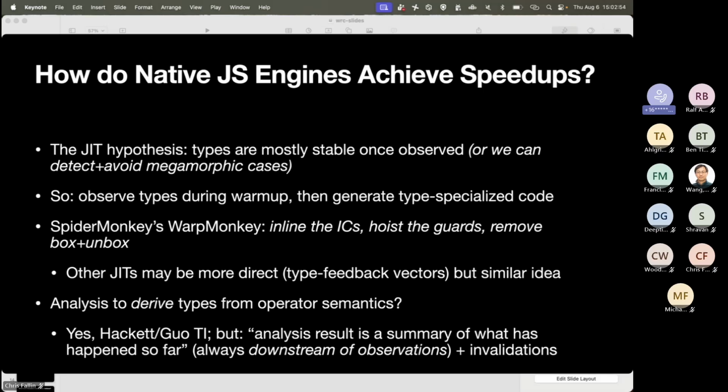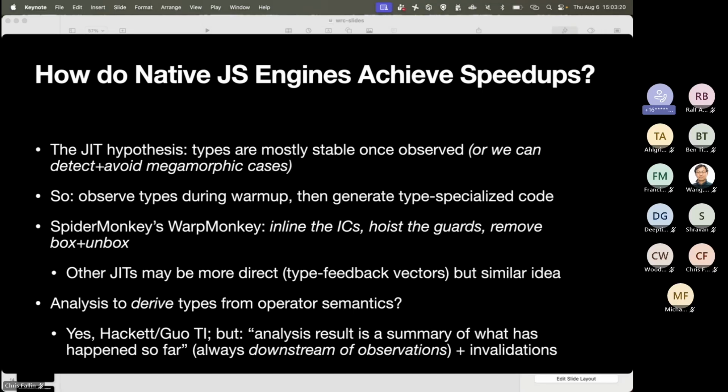So you might ask, well, could we do some sort of analysis to just derive what the type should be from knowing something about the program, knowing the operator semantics, knowing the data? In the simple case, if I have 1 plus 2, constants and a plus operator, I as a human can look at that and say, well, that should be 3, so I know the constant, but I also know the type. But in general, this still needs a seed from some initial state that is from